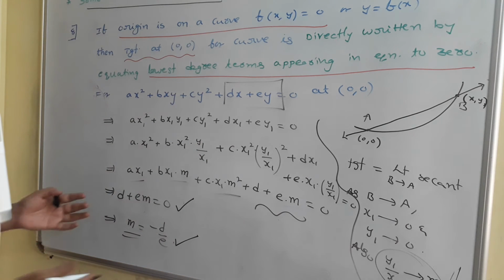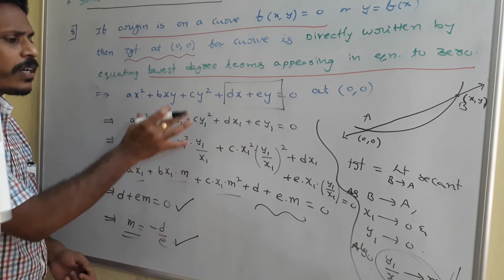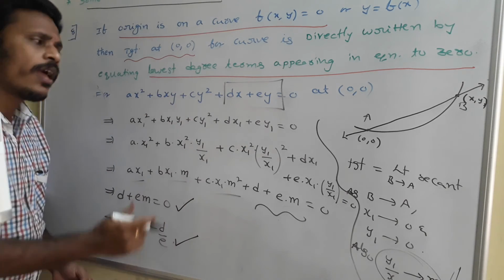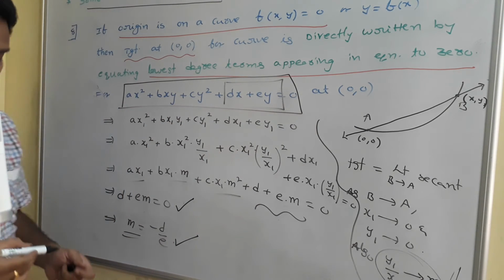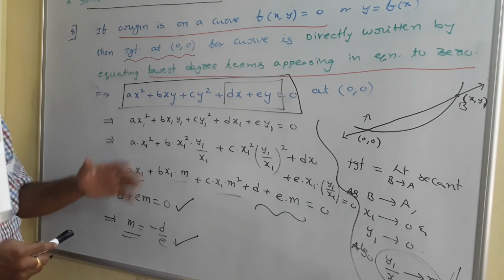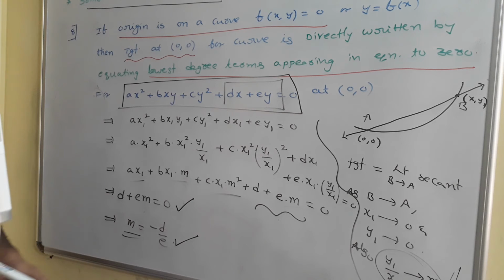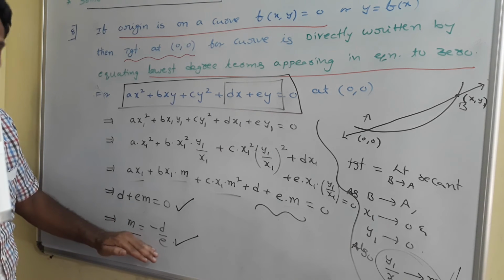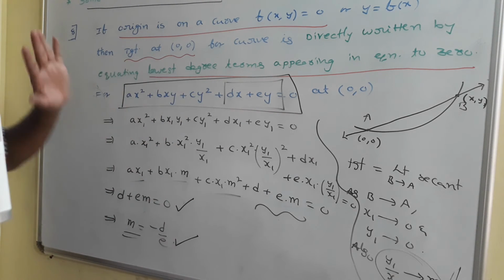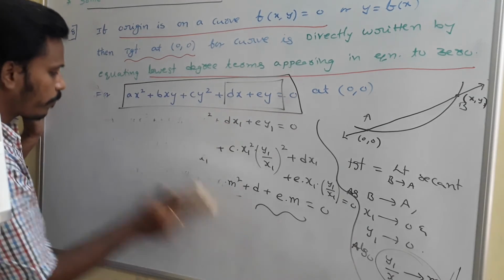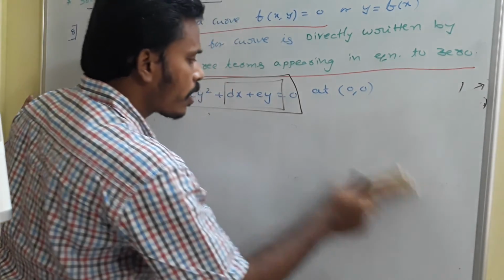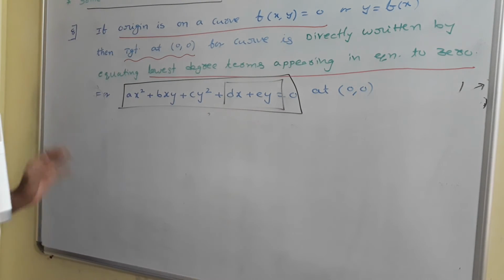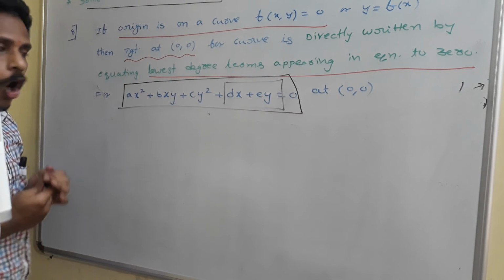Or if you feel any discomfort in solving this, you just do differentiation of this curve. You know the way of differentiating it, right? I will explain in that way also. At the end we have the slope of the tangent as -d/e from this tangent and secant concept. If you feel any discomfort with this tangent and secant concept, see our target is to find the equation of the tangent for the curve at the origin.